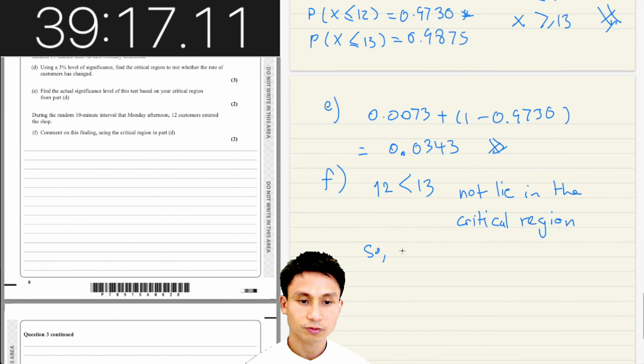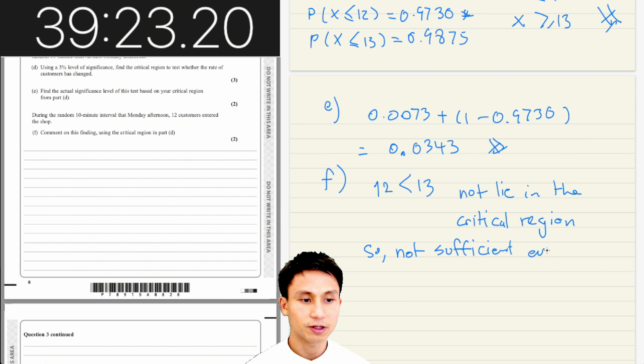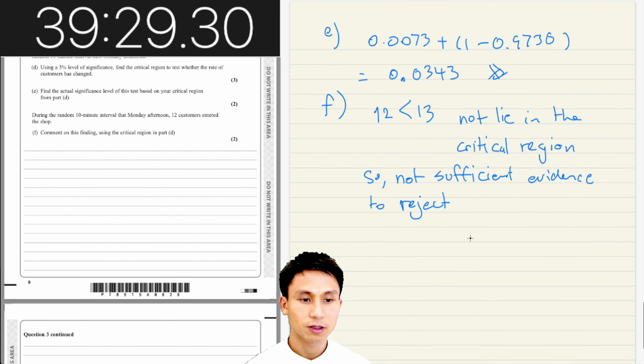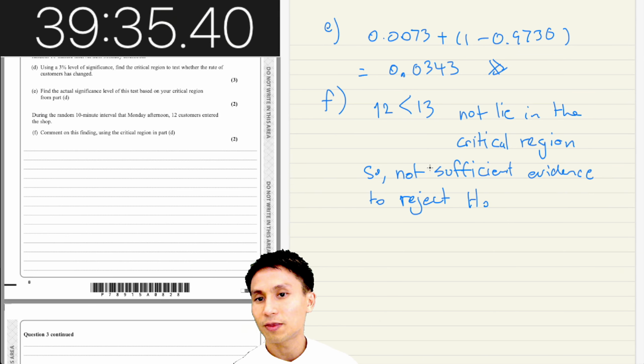So not sufficient evidence to reject the null hypothesis. I'm just going to write H naught there. Okay. And that means